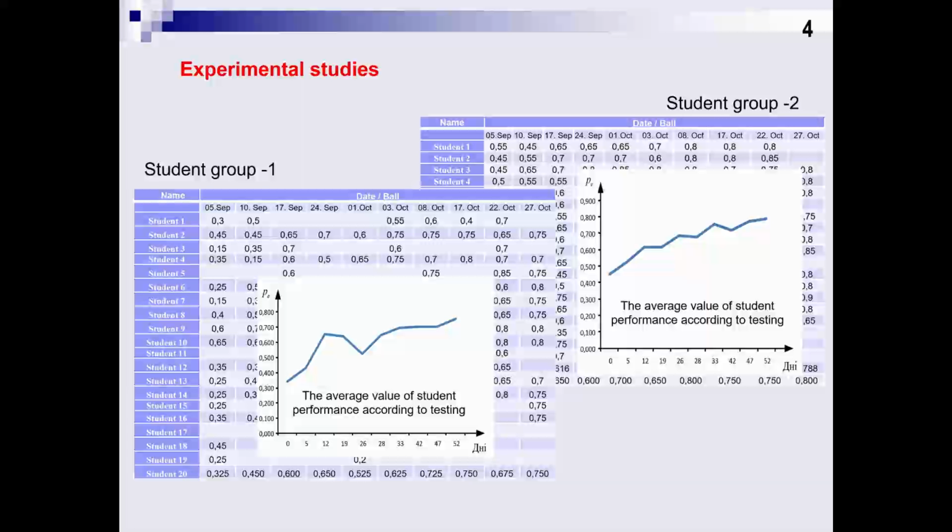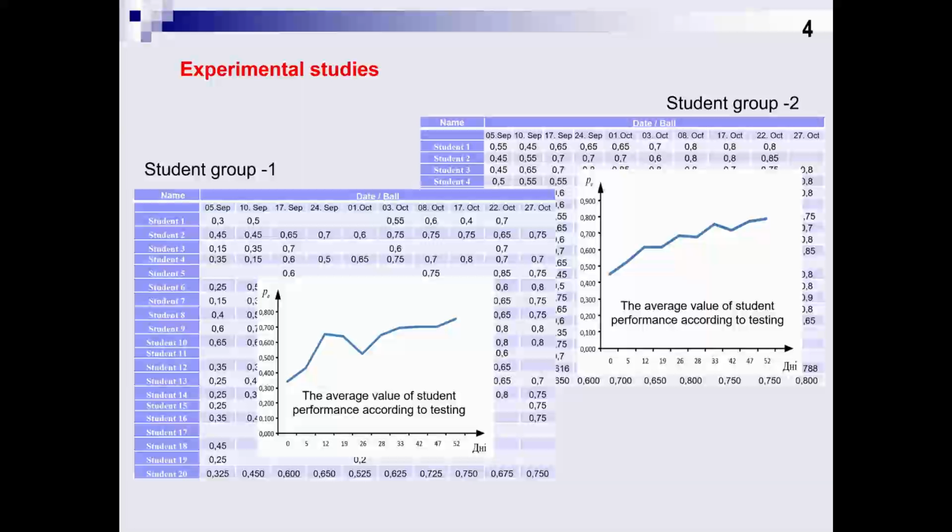The experiment involved 138 students who, after each lecture, passed a test of 20 questions based on the material of previous lessons, each of which contained 5-6 alternative answers. There have been 14 tests. The average scores based on the test results are shown on this slide.